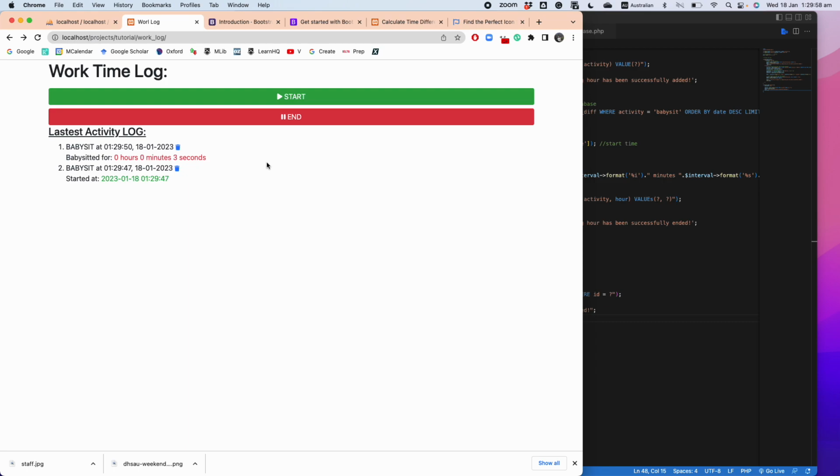It should work perfectly. Alright, so I think that wraps up this project today. This is a very small, simple project, but hopefully you learned how to make a very simple app to log the time, start with, and calculate the time difference between the start and end. Feel free to modify this accordingly to suit your